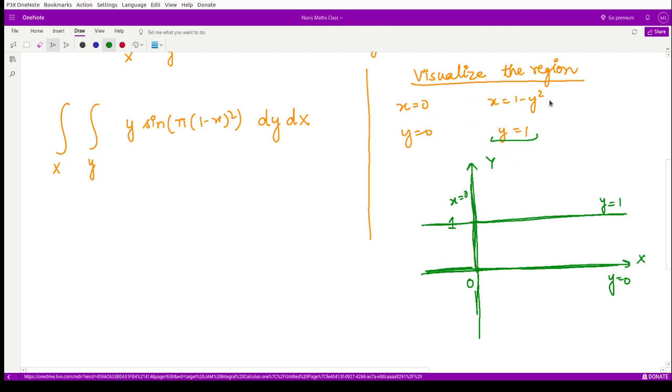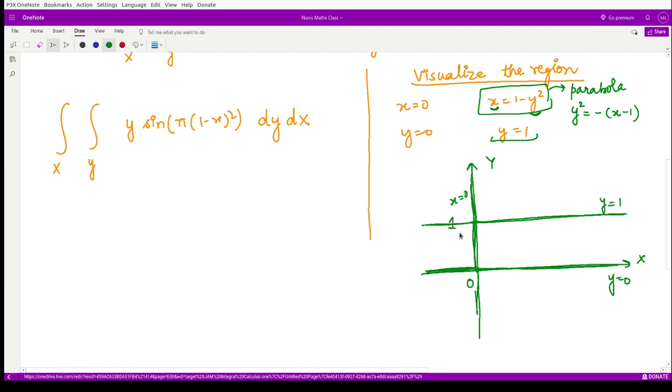Now for the fourth curve, you have x equal to 1 minus y square. One variable is in square, another is having degree 1, so that means it could be a parabola. In fact, it is a parabola and you could rearrange it to write y square equal to minus x minus 1. So this is a horizontal parabola opening towards the negative x-axis.